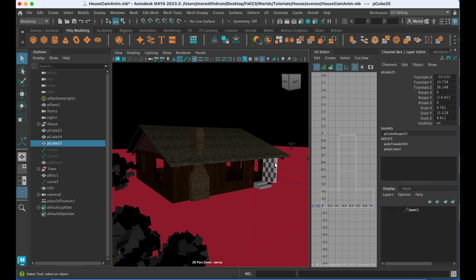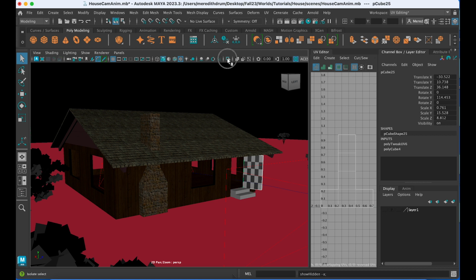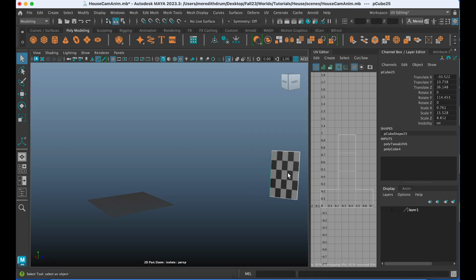Same with the door. So let's take a look at the door. I'm going to just select it as an object. So I'm in object mode, and I'm going to use the isolation tool, which is this button right here. It's a little hard to see, so if you need to, make your screen a little bigger, I could give myself some more real estate here. So click there and it shows up.